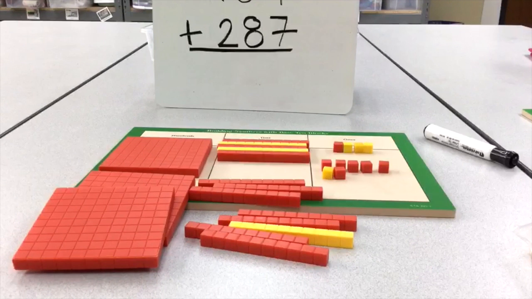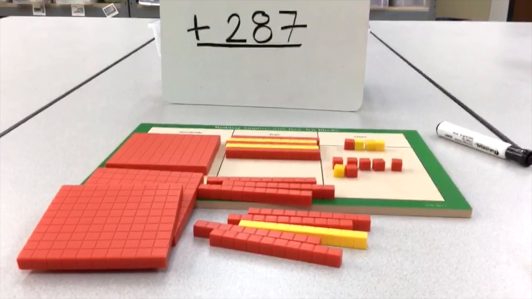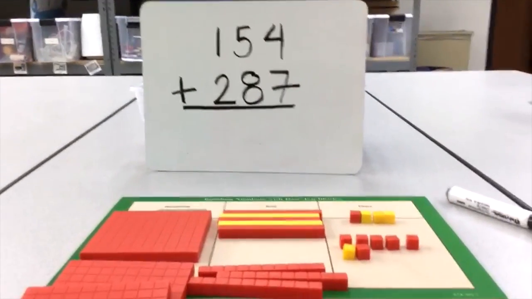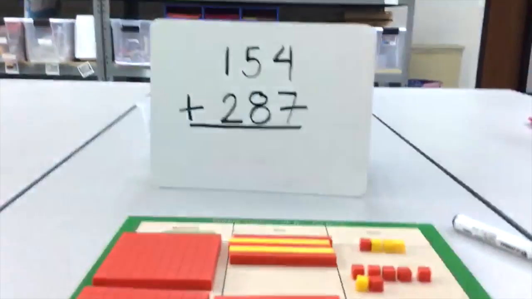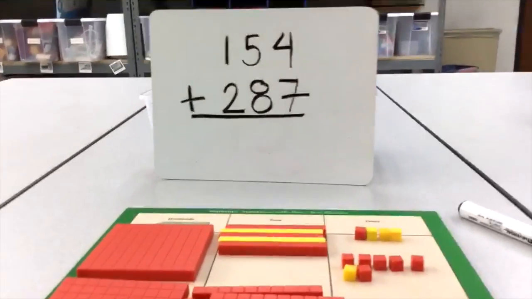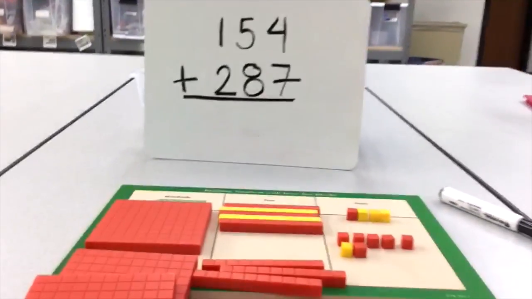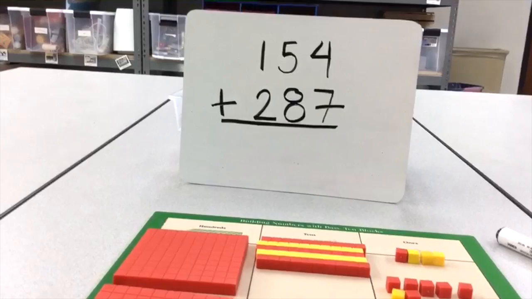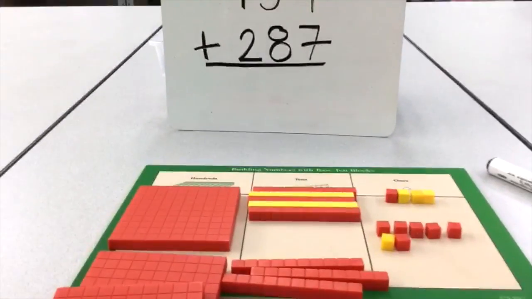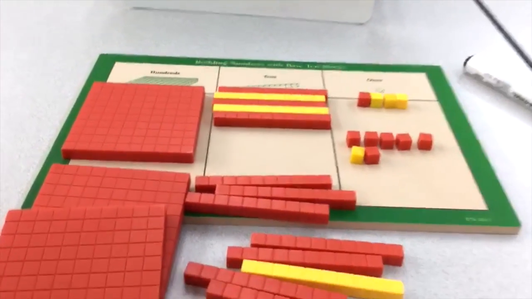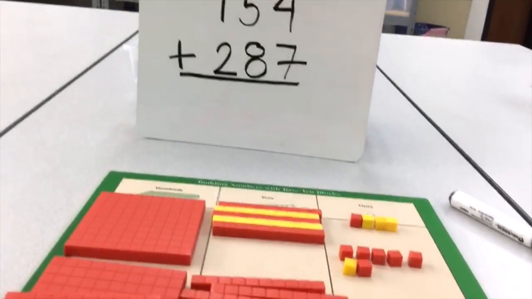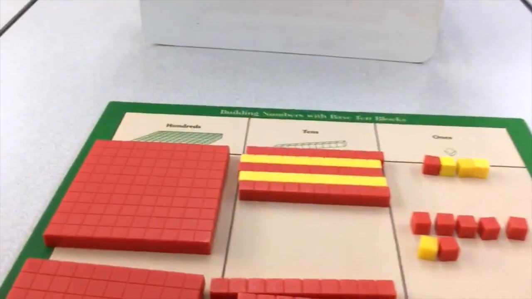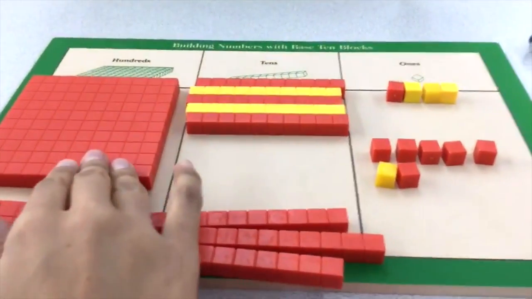And remember, for base 10 blocks, 1 cube counts as 1, 1 long counts as 10, and 1 flat counts as 100. So right here we have a problem, 154 plus 287. If we want to add 154 plus 287, we can use a place value mat, like right here in front of us. I have separated my hundreds, tens, and ones to represent 154, so 1 hundred,